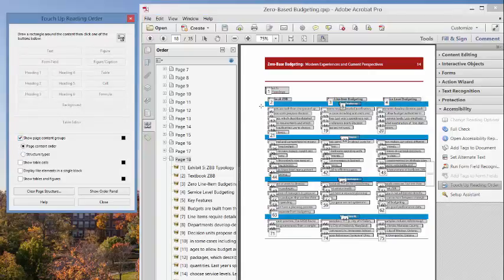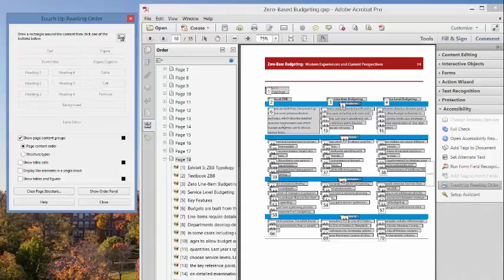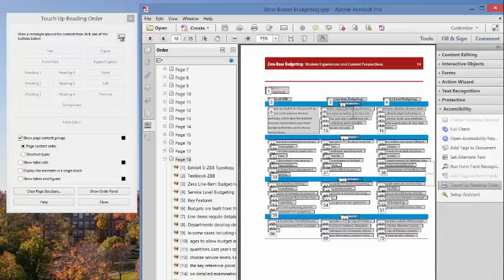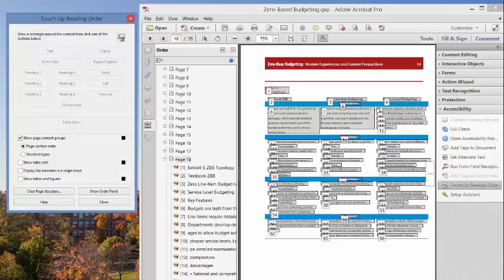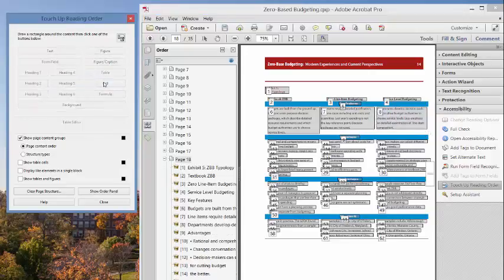So if I bring it back, I want this whole paragraph here to read as one item. So I'm going to highlight the whole thing, similar to what we did before, except instead of hitting text, because we're working in a table, this time I'm going to hit cell. And that makes it its own cell. Then I'm going to do that with the rest of these, highlight the whole text, and hit cell. Highlight the whole text. If you don't get it all, try again. And then hit cell. So now we've got the header reading first, then we've got 2, 3, 4, 5, 6,